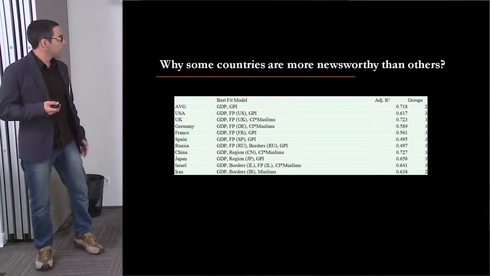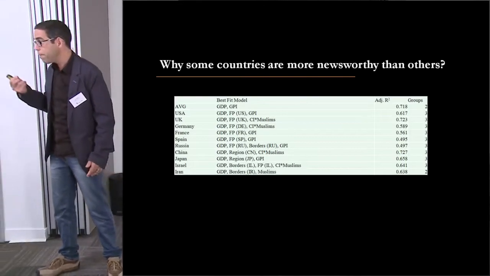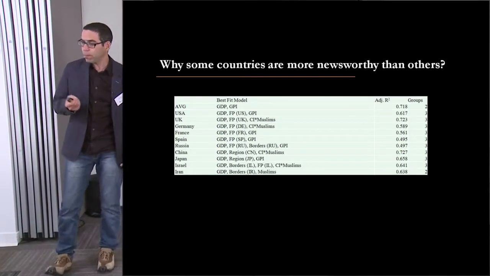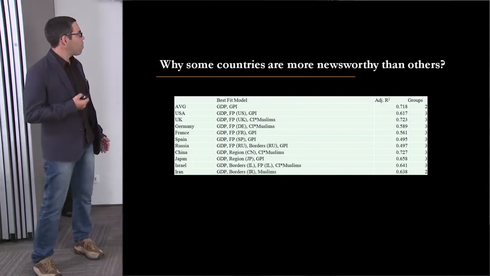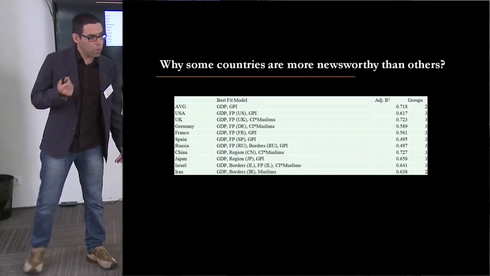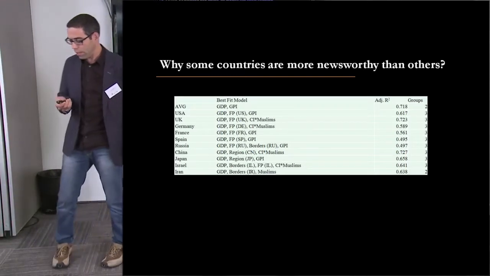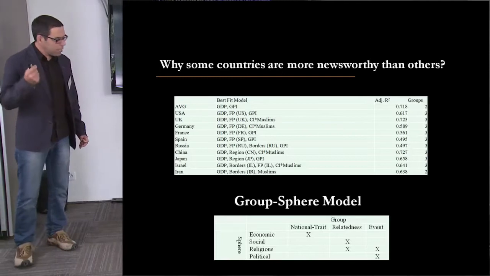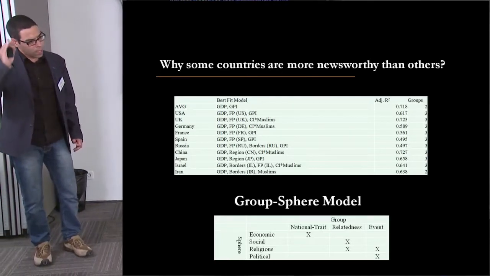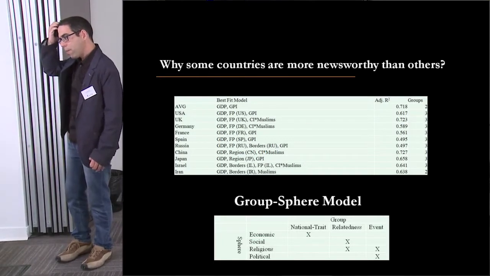So the first factor comes from the economy, the second comes from this social aspect, and the third is the conflict, the event, the time, how much the country is in conflict with other countries, the GPI, the Global Peace Index. This led me to develop the more general theoretical model, which is called the group sphere model,